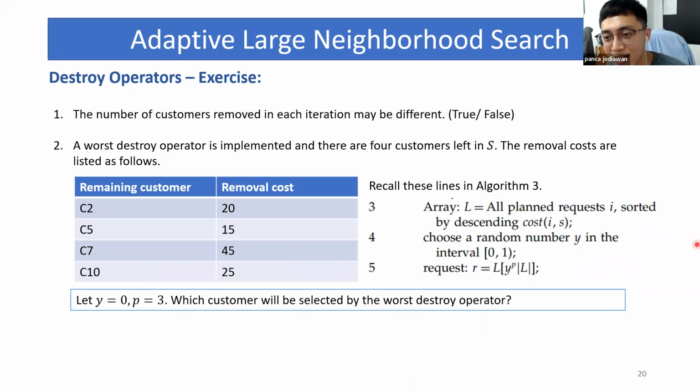Oh, thank you, Dr. Wira. That is the list that has been sorted, I believe. Yes, so for all the participants, the L provided by Dr. Wira is correct, because we need to sort it descendingly. So by considering the given list and the provided information, Y and P, which customer?